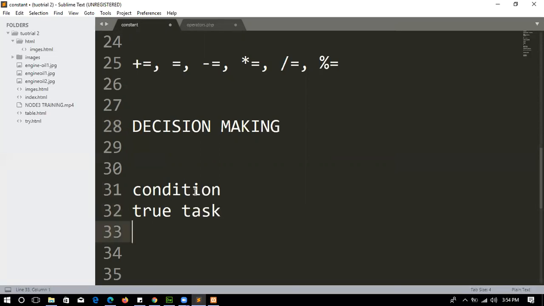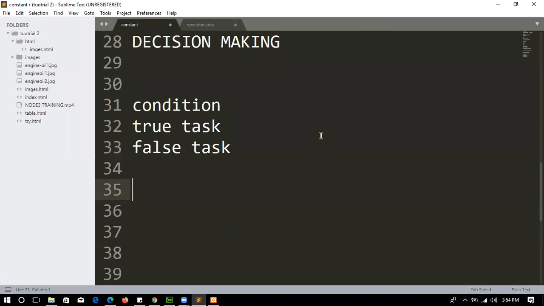And if the condition is false, it should perform another task for us. Hope you understand. So in PHP, we can use the if statement to make decisions. It comes with if, then we have the else if aspect, then the else aspect too. So we have the if